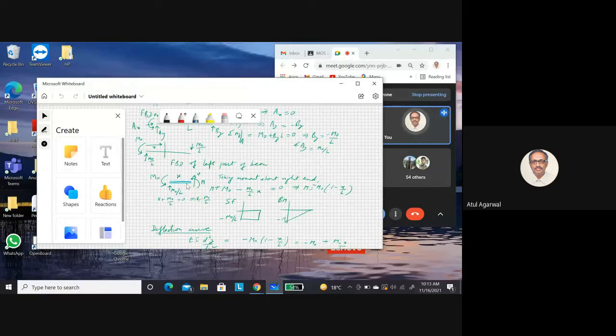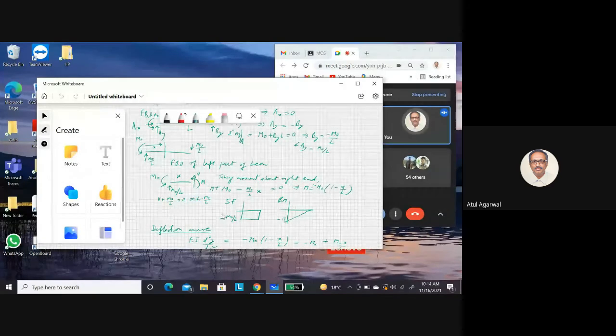Now I take moment about the right side. So what will happen? V will not contribute to any moment as V is passing through the right side. M naught is counterclockwise, so positive. This M is also counterclockwise, so positive. And the force at the reaction at the left end will cause a clockwise moment about the right side. So minus M naught by L, this distance is x, into x. So you get moment M. M is equal to M naught times 1 minus x by L. This is your bending moment at the right cross section.